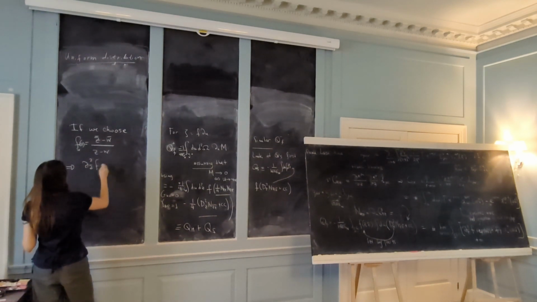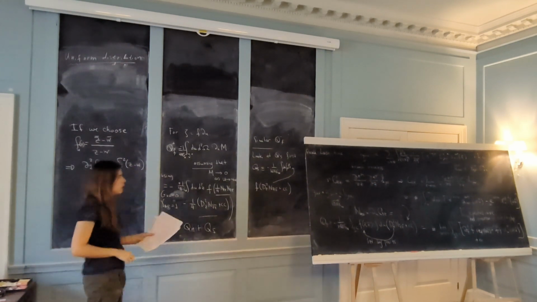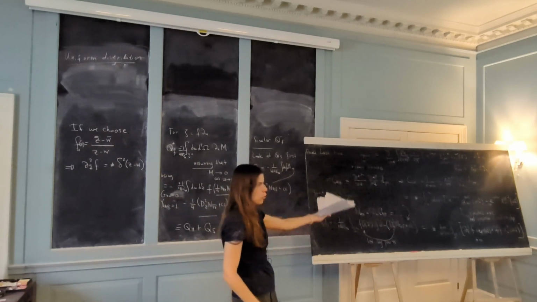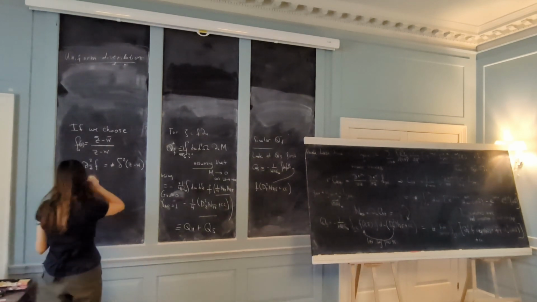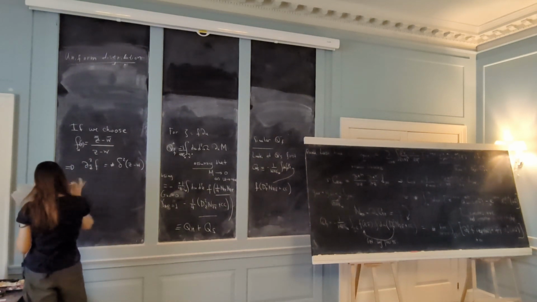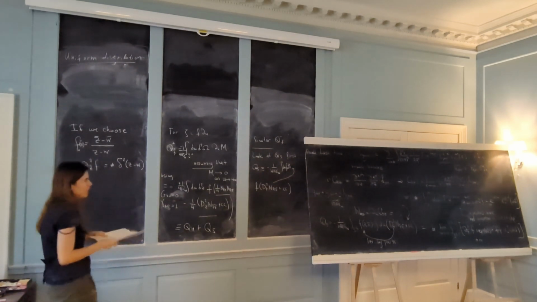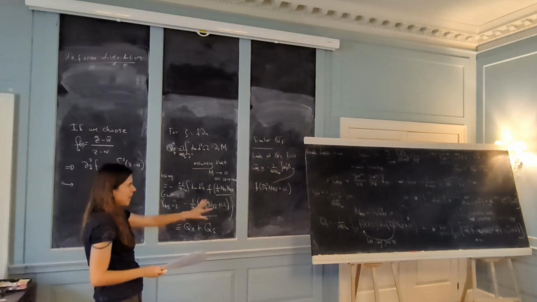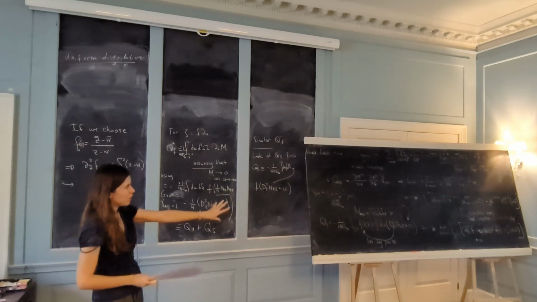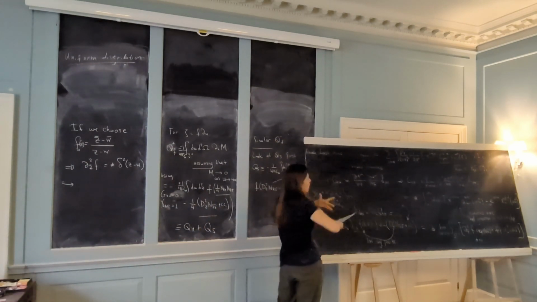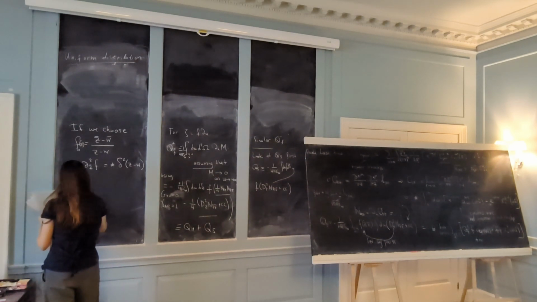So dz bar squared acting on f is delta function of z minus w. And you now see that in the first term, I'm just projecting onto just a creation operator that's associated to a photon. And I'm actually skipping an important bit, which has to do with the fact that this nz bar z bar and nzz are actually related to one another, such that these two terms, when you insert them into amplitudes, are related to one another. So I'm skipping some steps, but at the end of the day, you find that